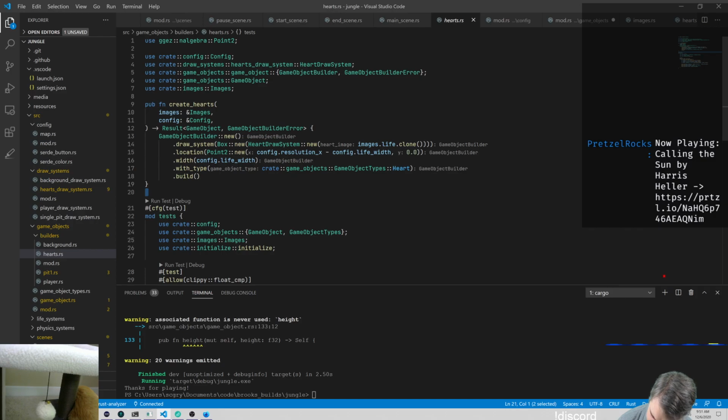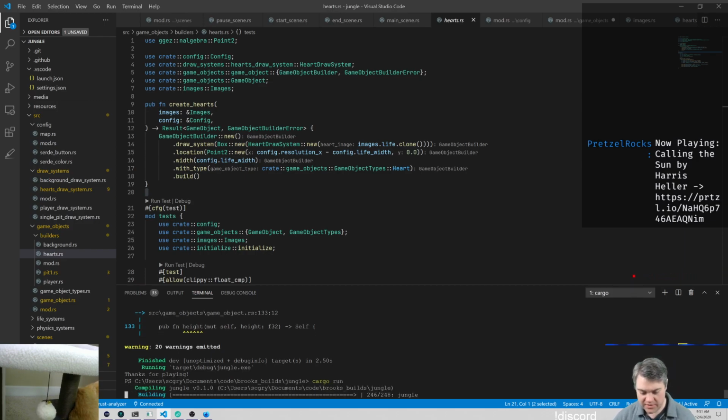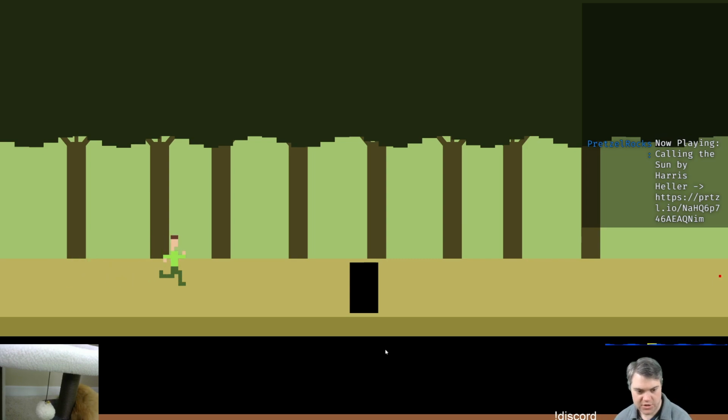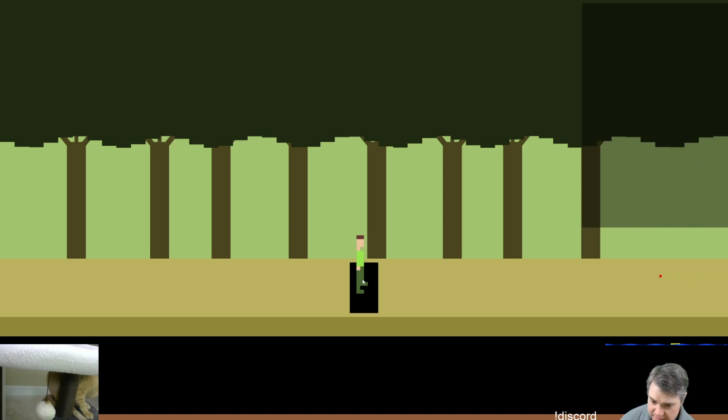Let's do the physics system for the player. We need to know when we pass in front of the pit. So what is that going to look like? When our player comes over here and we're fully inside the pit and we have our width and height of the player, we know that the left-hand side of the player is past the left-hand side of the pit, and the right-hand side of the player is left of the right-hand side of the pit. So we need to do that calculation. If that's true, then we need to stop all of our horizontal velocity, and have our player fall down into the